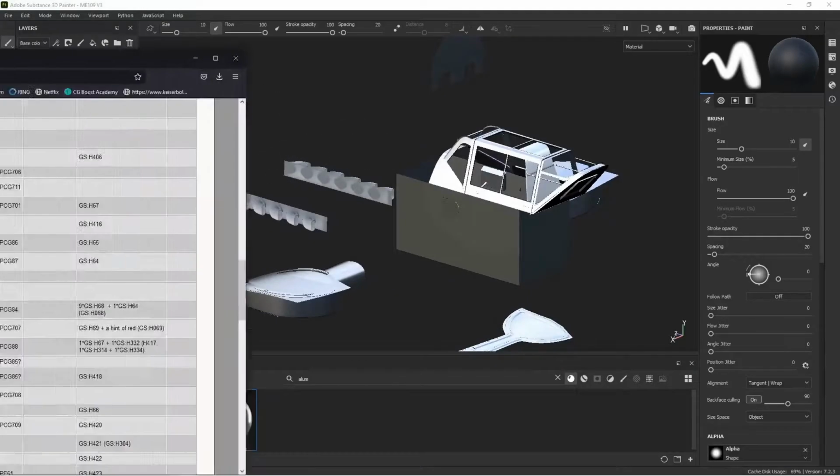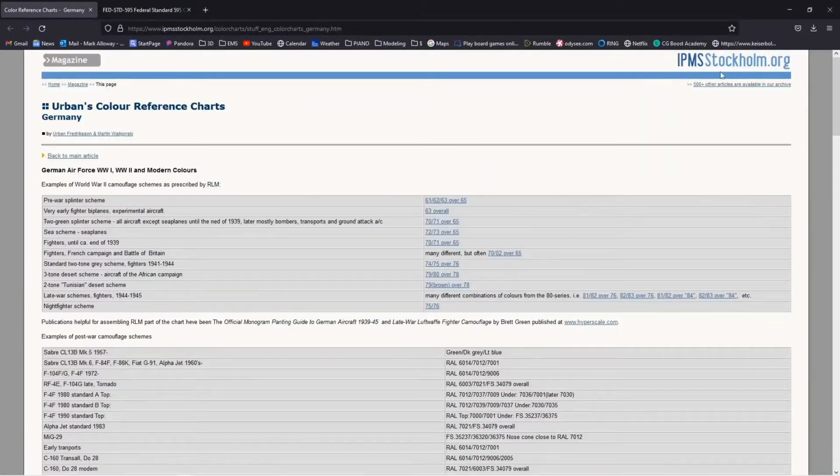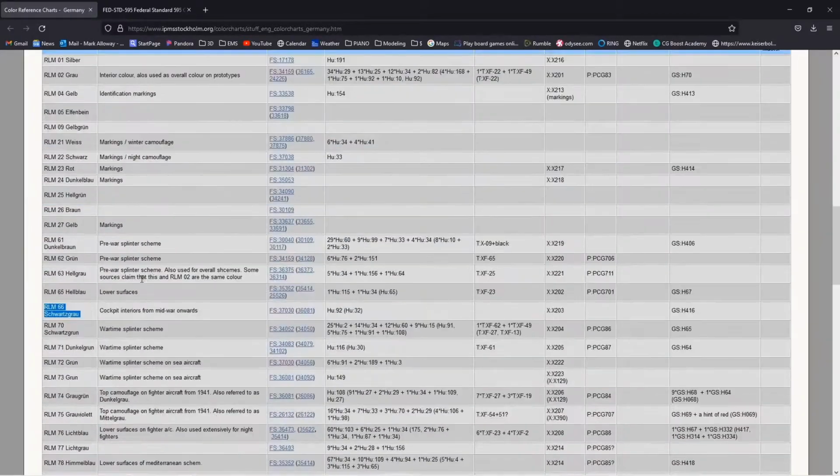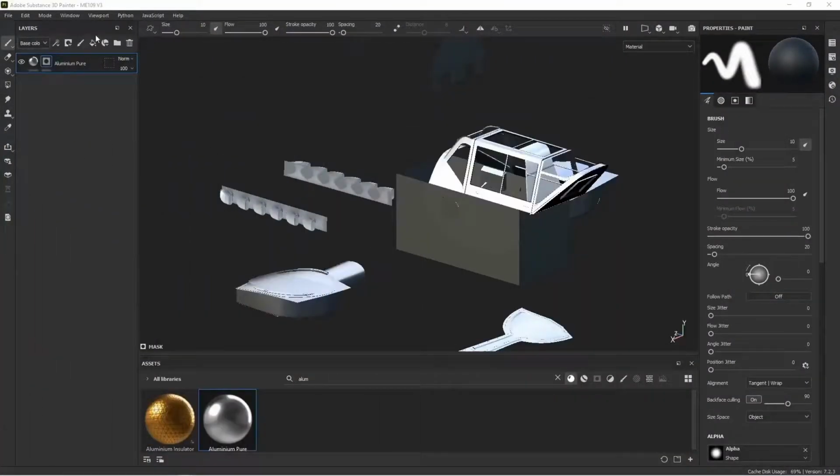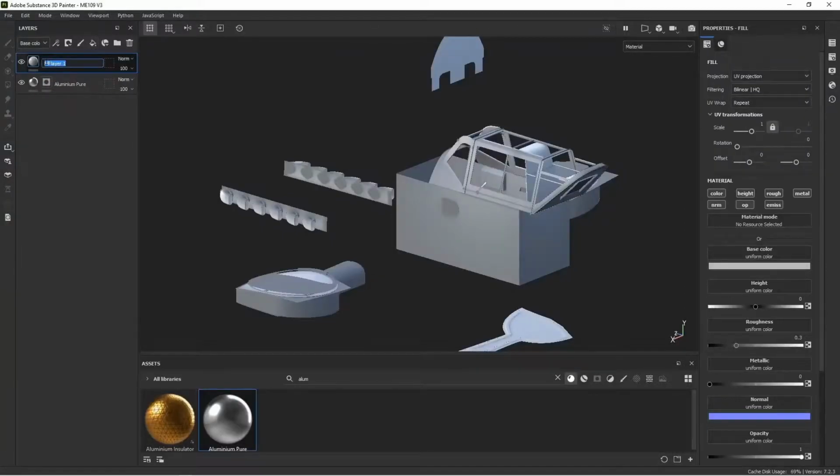Now I'm using this IPMS website, IPMS Stockholm. They have all kinds of color resources, German aircraft, World War II. They have the Schwarzgrau, including the RLM and FS numbers. And if you click on the link, it brings you to a color swatch. So what I can do is I can create a fill layer. I'm going to call this